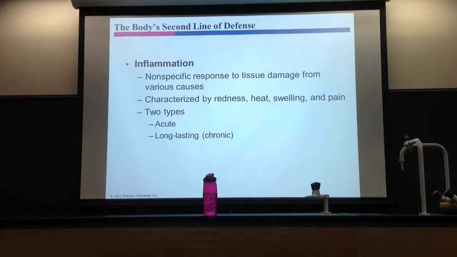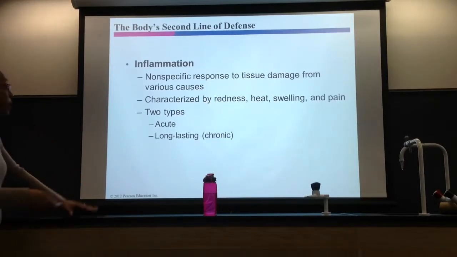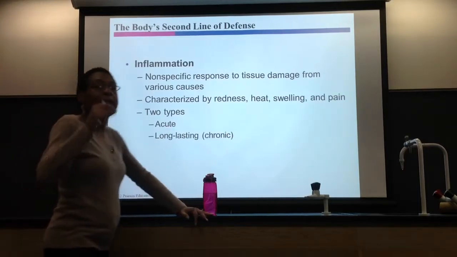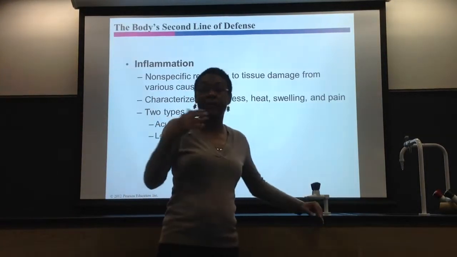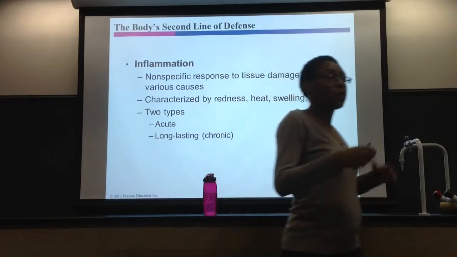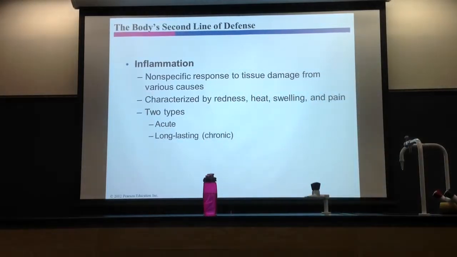Okay? You have two types. You can have acute or long-lasting. So think of long-lasting, which is chronic. Think of things like arthritis, you know, lasts a long time, can really damage tissues overall, okay? But we're focusing on acute because acute is typically dealing with some type of disease, like an infection. It's quick, and it takes care of the process really easily. Chronic is really with arthritis, a long-term inflammatory process.